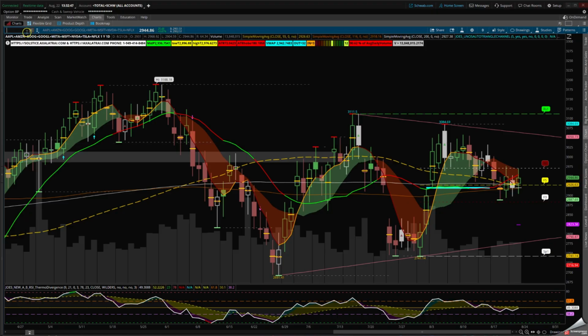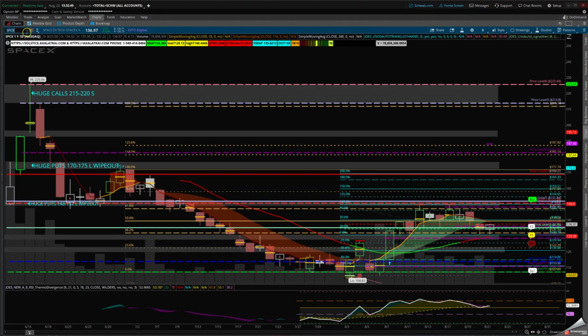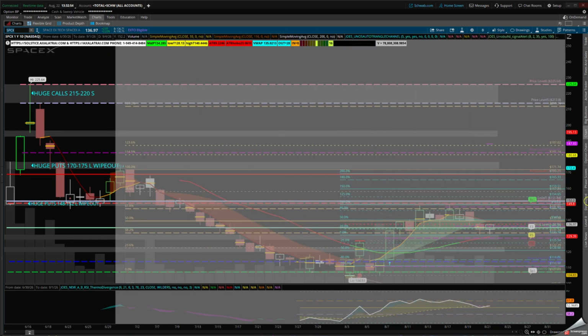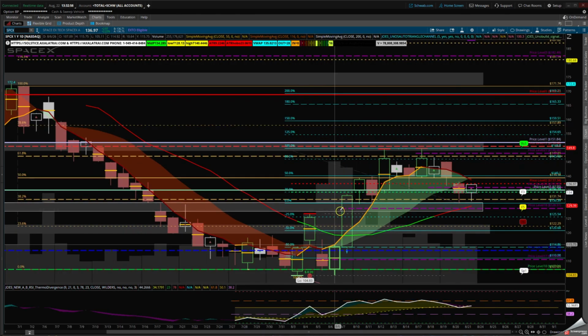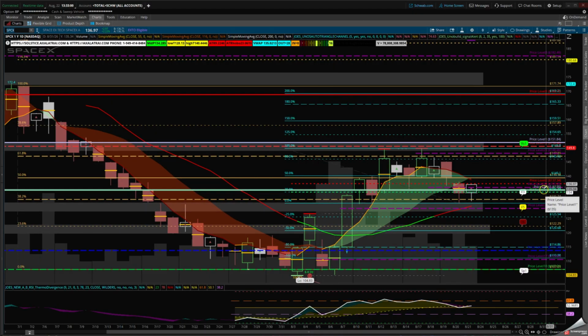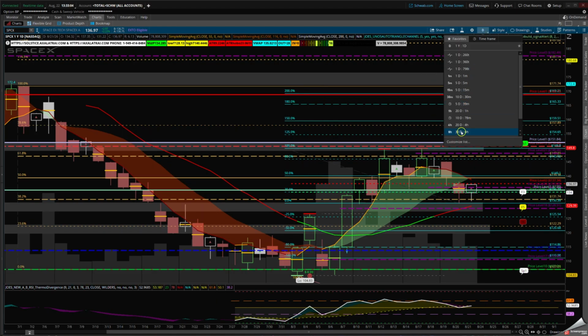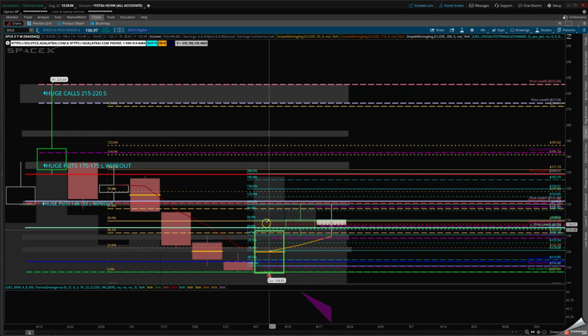I will go first with SpaceX, SPCX. And you can see in SpaceX after the options expire, the put wall or the call wall going back up to that 35 IPO. If I do this on the weekly, it may show a little bit cleaner. You see the IPO was that open.